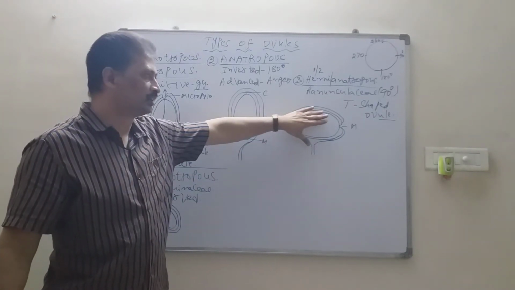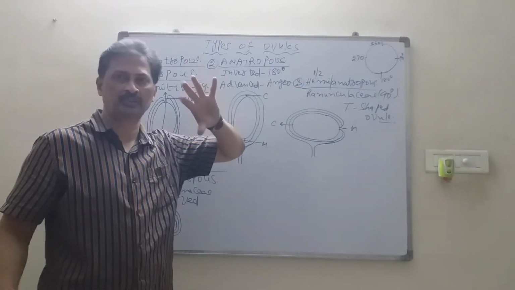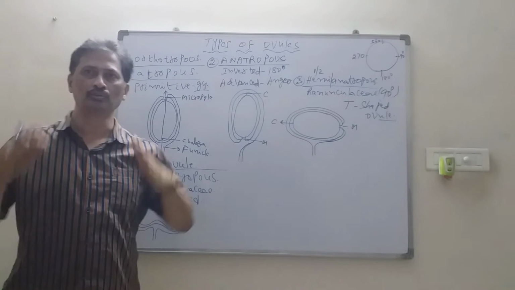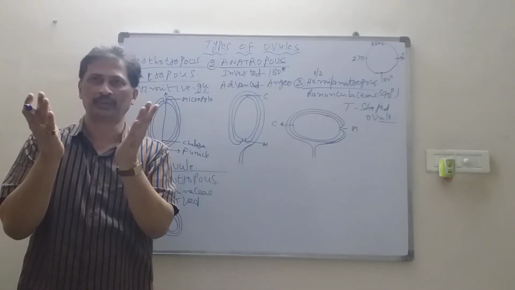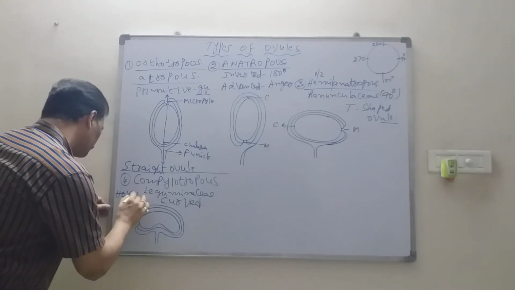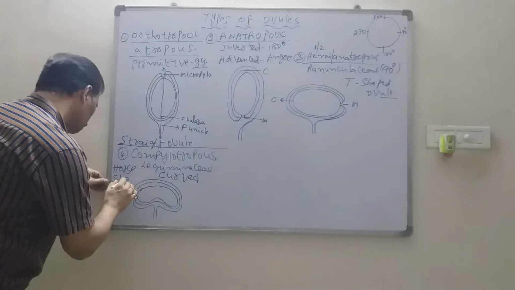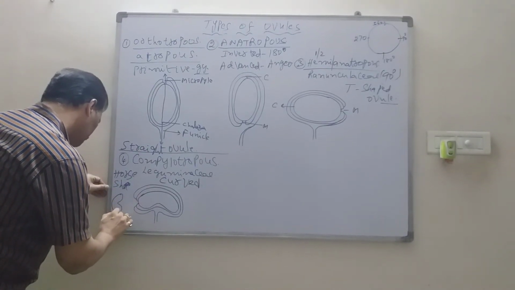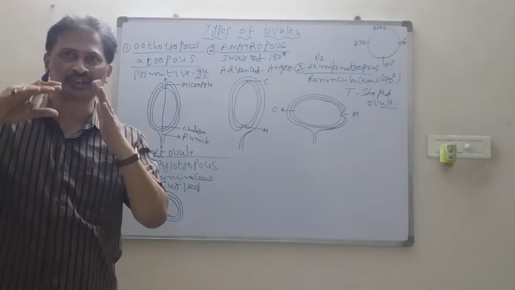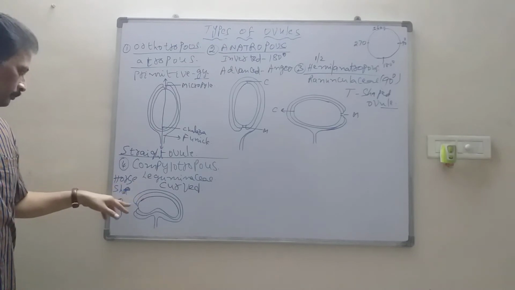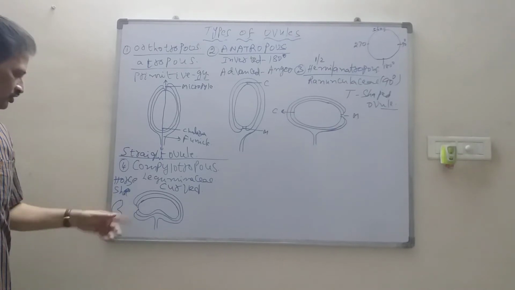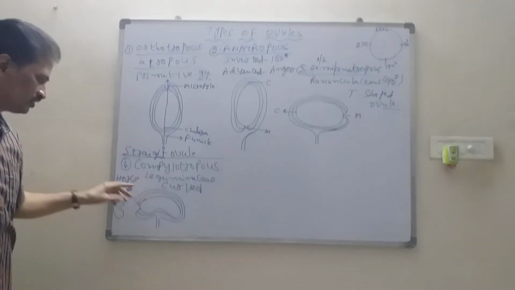The body of the ovule is having the same shape. That means there is no change in the shape of the body of the ovule. But here the body of the ovule is curved. That means it curves in the form of a horseshoe. Suppose if you observe the horseshoe, it appears like this. In this way, this is the shape of the horseshoe. In the same way, here the body of the ovule is curved, so that is called the Campylotropous ovule.